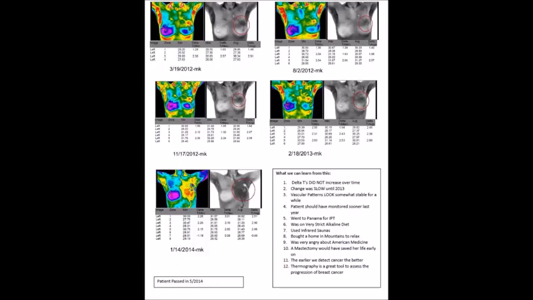So she went on a very strict alkaline diet. She went to Panama for treatment. She used infrared saunas. She bought Mountain House to relax. So she did everything that she thought she was doing right to correct her situation. And in August, you can actually see that it looks like it actually subsided a little bit. The delta T went down a little as well. But soon after returned, and